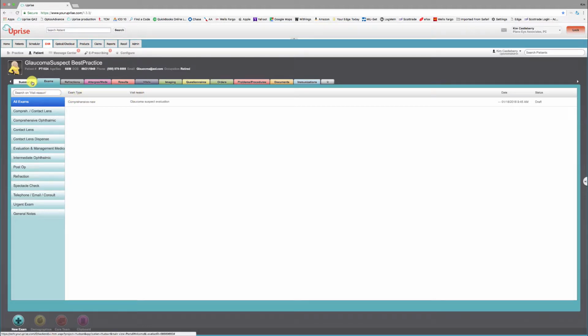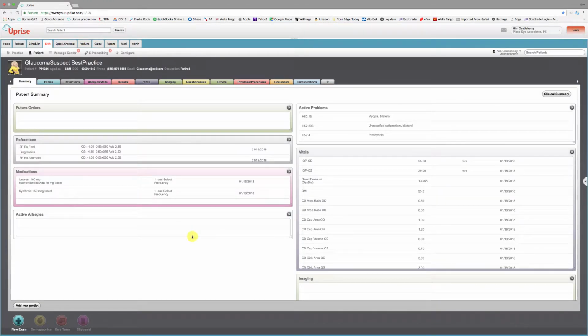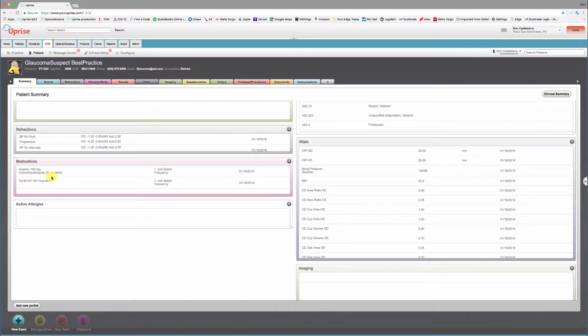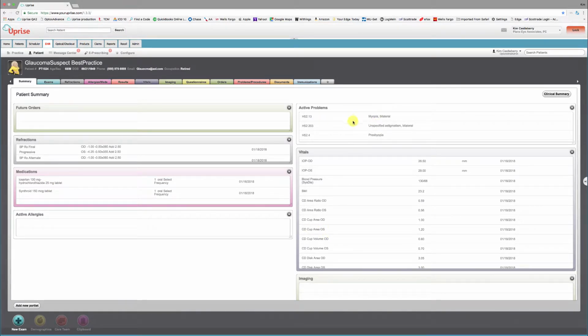So I'm going to jump over to the summary tab and get a preview of the data that's already been collected on the patient. And of course there are no future orders because the patient's never been in before. If the patient's been in before, any orders that you've written in past orders will be right here. We can take a look at their quick refraction history, their medication history, and we can go over to active problems and see what's already been managed during the refraction portion of the exam that's already been completed by the